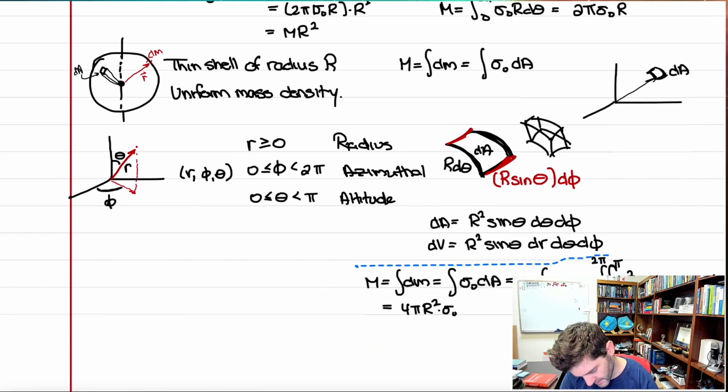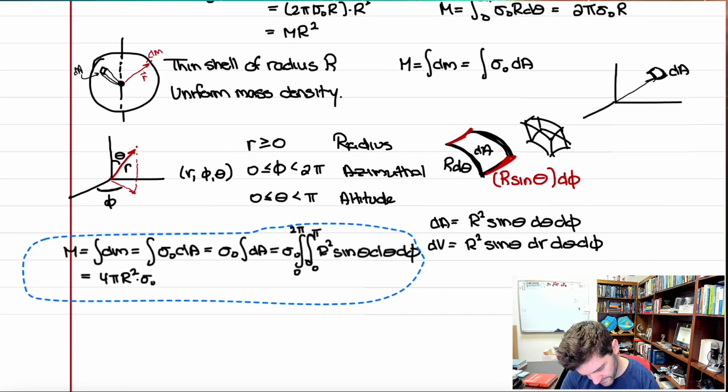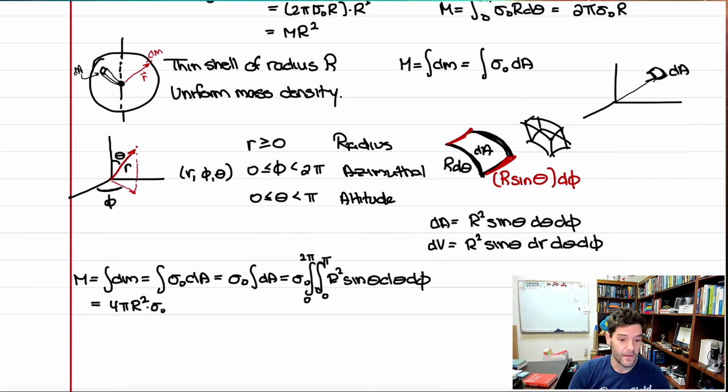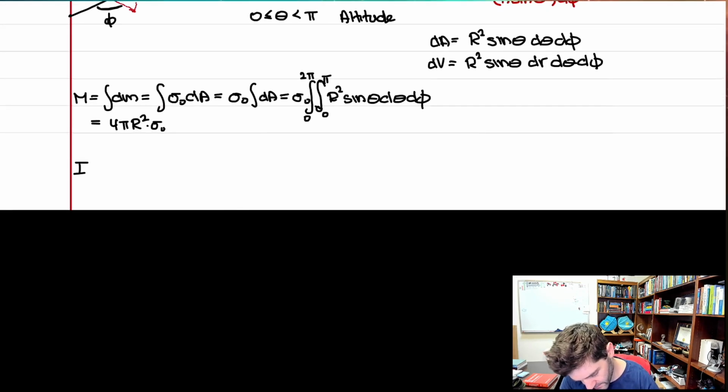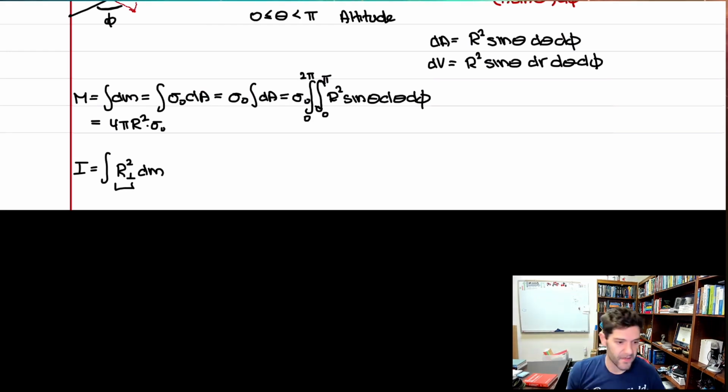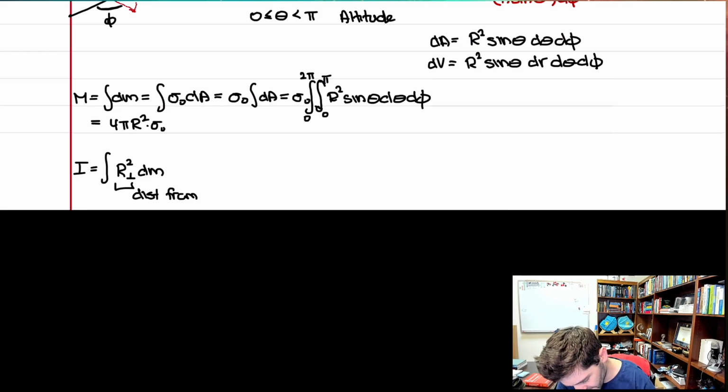So now with the total mass calculated, we need to calculate the rotational inertia. And why this is tricky is because the rotational inertia, I, has an integral of, again, I shouldn't have been using capital R in this case, but let me write r perpendicular squared times dm, where this r perpendicular is the distance of a mass element from the rotation axis,